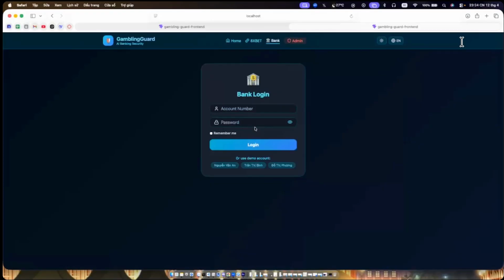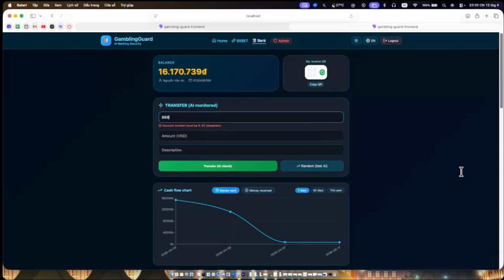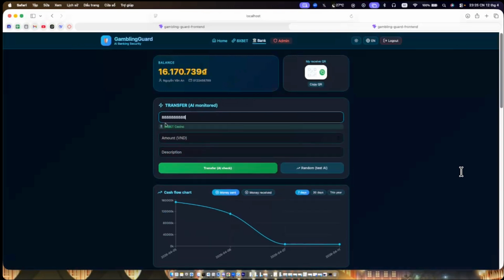Union Bank simulation. Since this is a demo, we provide a test account for quick login. I'll log in with a demo account, and after the login, we see the account balance and user information. Notice that the transfer form is automatically filled with the data from the casino QR: amount, description, and receiver account. And the system also looks up the receiver name, in this case, Golden Casino, indicating a gambling-related recipient. And now